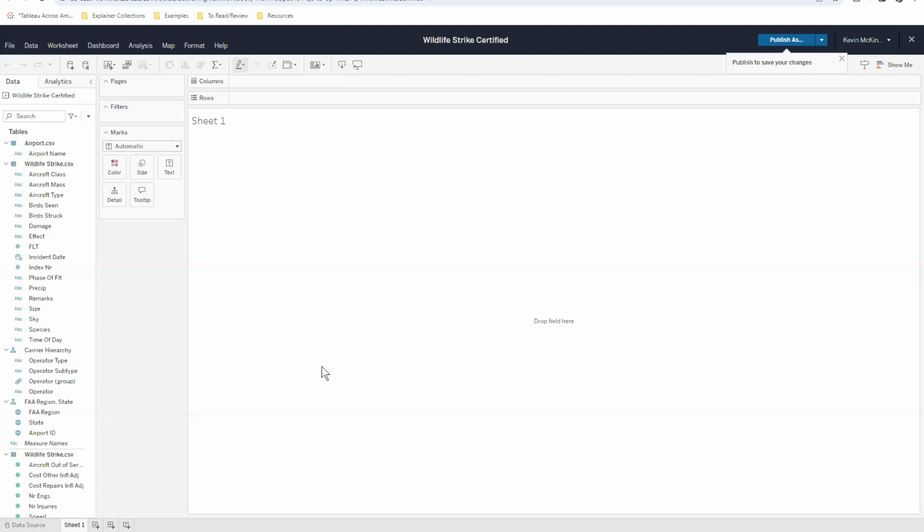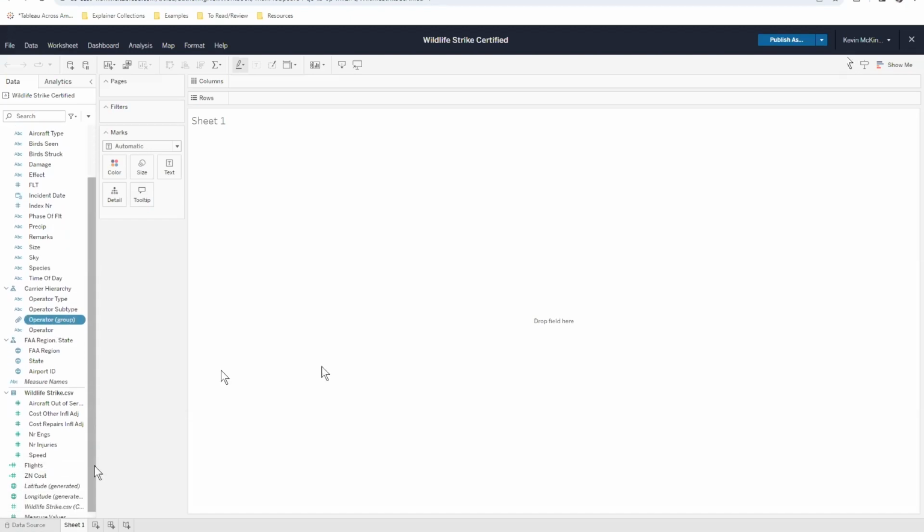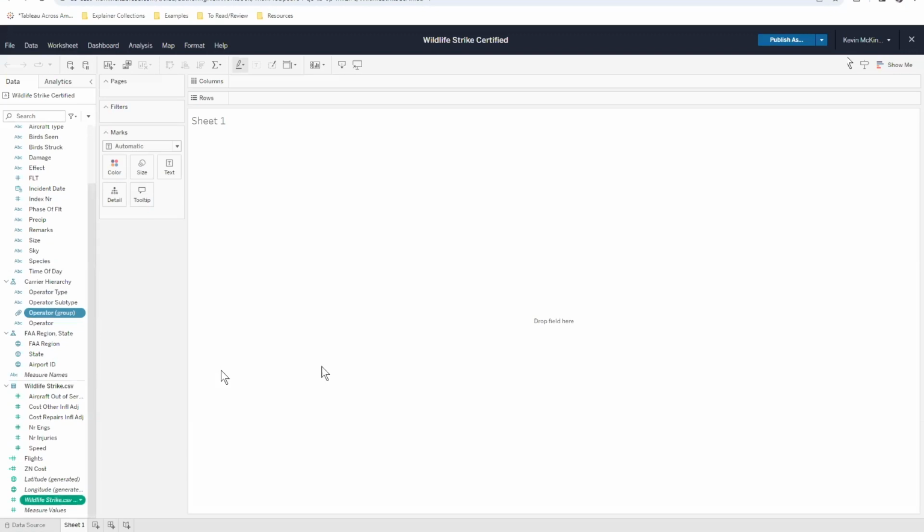We're going to take a look at a couple of these and see what working with Tableau as an explorer looks like. So here I'm in the web editor for Tableau Cloud, and I have connected to my data source for my incident reports. I would like to look at my group of organizations or entities that produce incidents. In this case, it's airlines, but it could be just about anybody. I'm going to grab my airline operators, and I am going to look at the number of incidents that I have in my data set here.